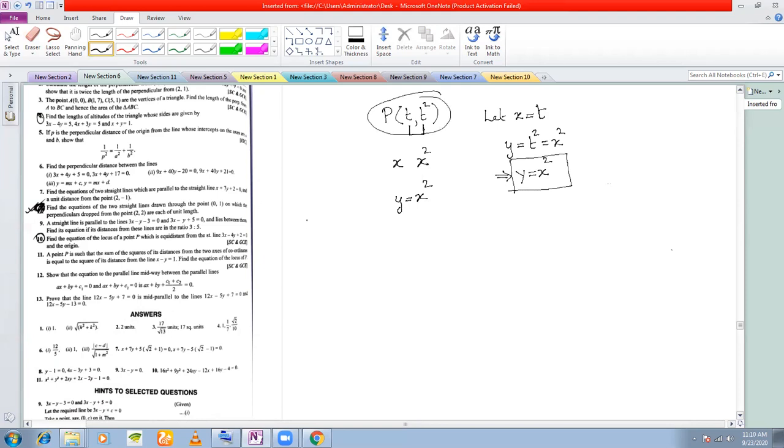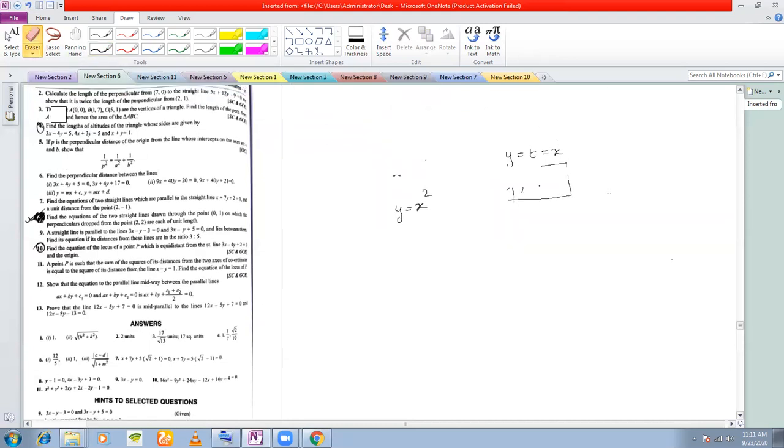So remember, for all the problems, whether you understand the basic definition of locus or not, remember, locus is nothing but a relation between the x and the y coordinate. If we can find a relation between the x and y coordinate, we have found the locus. That is the basic thing in coordinate geometry. Mathematically, this is how we proceed with problems on locus. So let us see one problem as a demonstration of this.